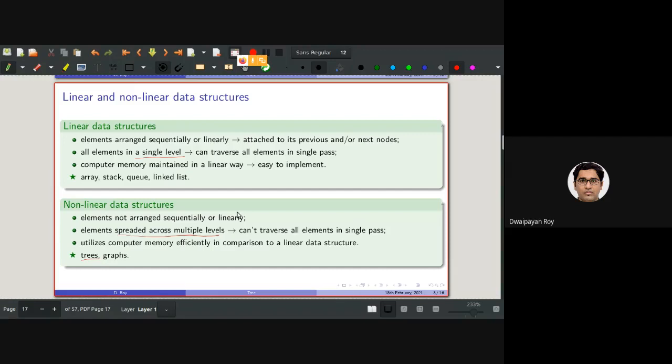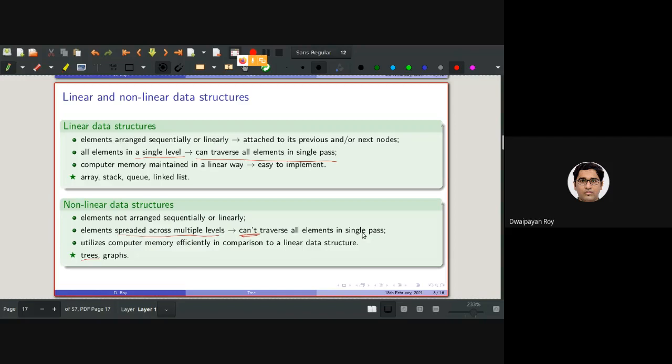Another thing to highlight here is that in the case of linear data structures, we are able to traverse all elements in a single pass. But for a nonlinear data structure, we can't do that. Actually, for nonlinear data structures, we rarely need to traverse all elements.